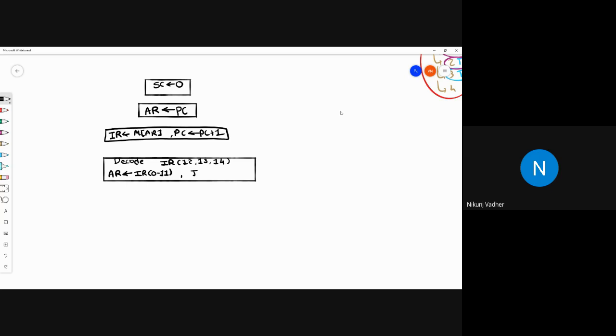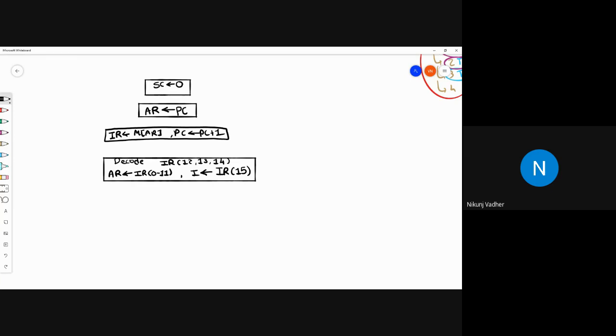And then we will set the I bit if bit number 15 of IR is 1. If it is 0, then I will be set to 0. So this is the initial step.